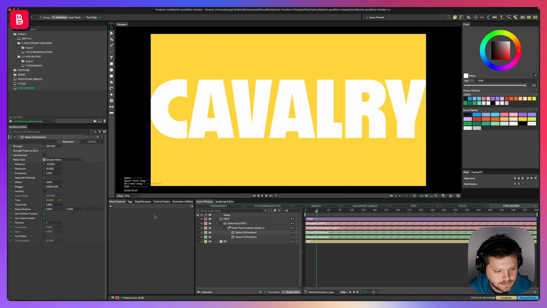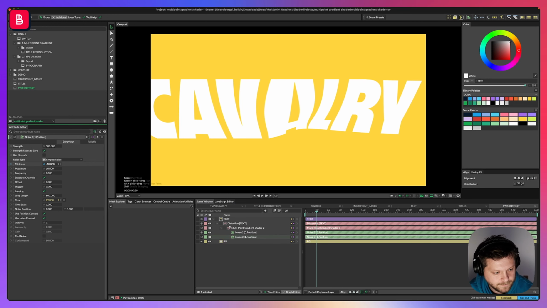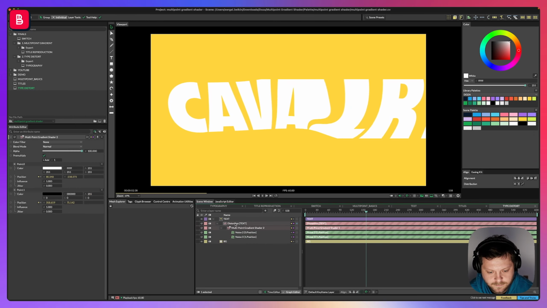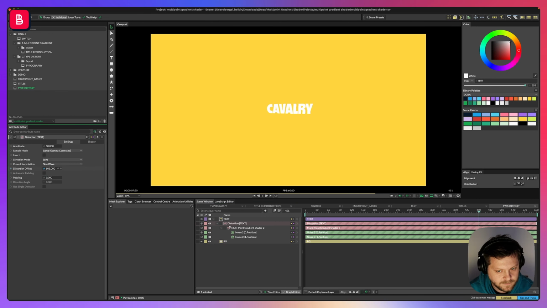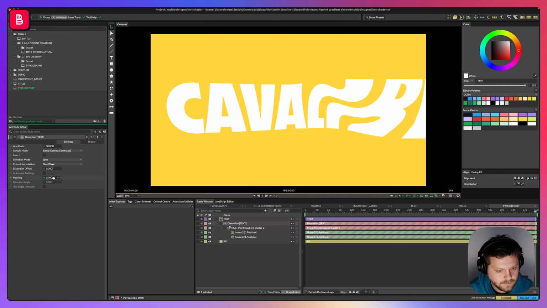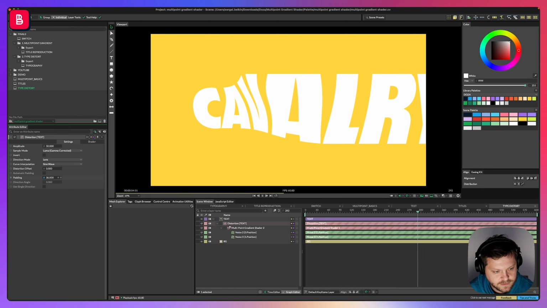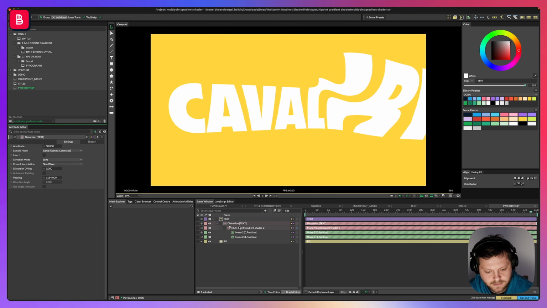Yep, and let's just make them loopable with some frequencies, and let's make them unique in terms of their max-min values. Right now we'll have some distortion of Cavalry. Sorry, Cavalry. And we increase the padding. You see there is some trim line across this effect, but if we increase it enough, we'll see some bulky